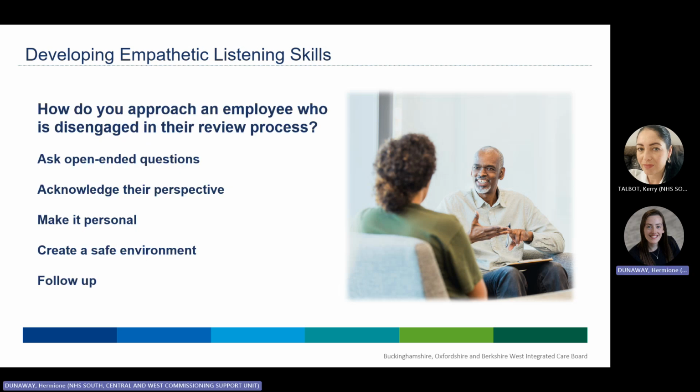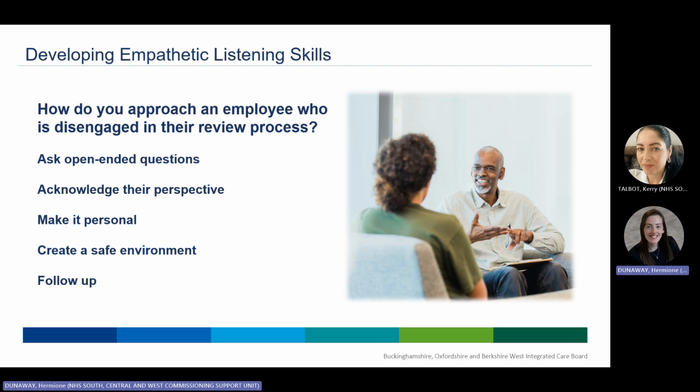What would you do as a manager to approach an employee who is disengaged in their review process? Now, this can be really challenging, but it's important to handle the situation with empathy and understanding. Some strategies we could use as managers to make the conversation more effective are asking open-ended questions. Start the conversation off with an open-ended question to encourage the employee to share their thoughts and feelings. For example, you could ask, what's on your mind about work right now? And that might allow them to express any concerns or issues they may have